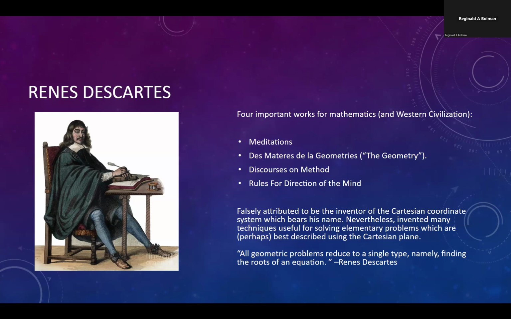And this week, because we're learning about the Cartesian coordinate plane, we're also going to be learning about where it came from and why it exists. And so Rene Descartes, although he's often claimed to be the person who invented the Cartesian coordinate system, wasn't actually the inventor of the Cartesian coordinate system, but instead he was a philosopher and a geometer and an algebraist